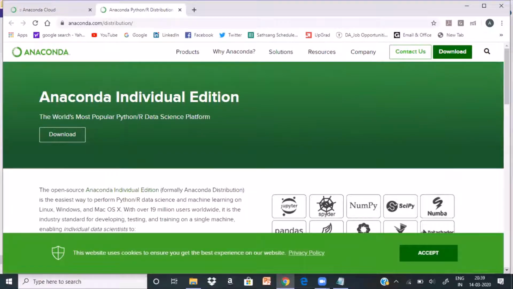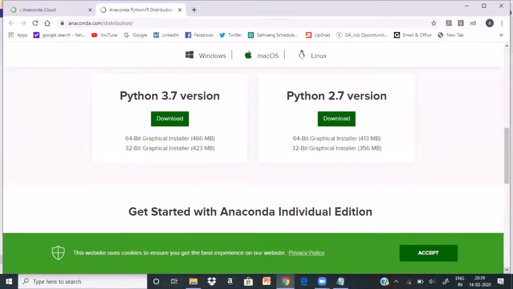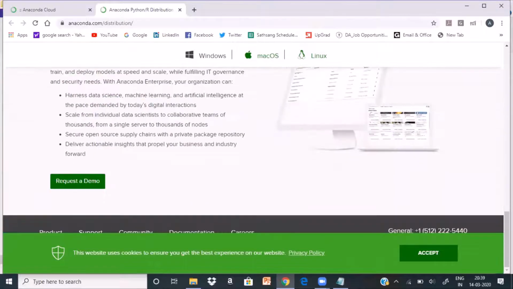So now you can go ahead, scroll down. You see Python 3.7 version. Click that, it will start downloading your file.